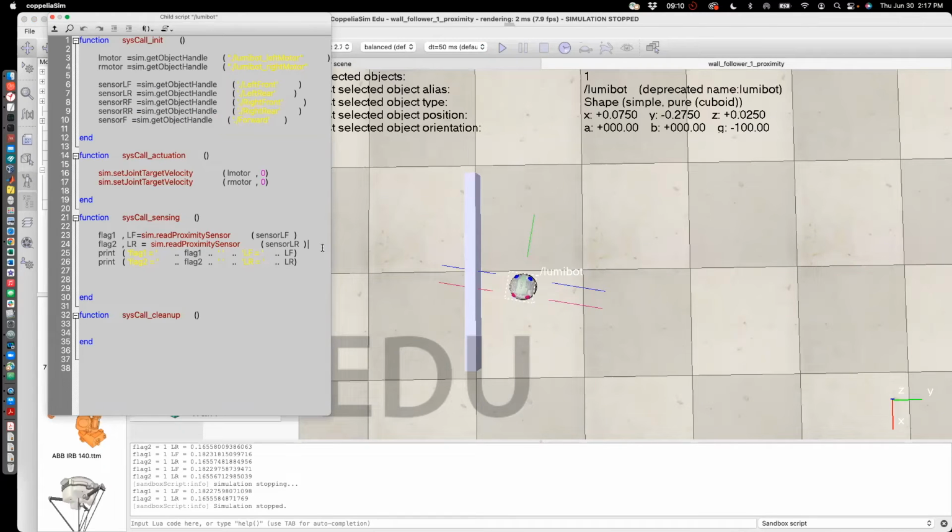Okay, so we have that. Let's just continue programming the forward sensor too. Okay. Next, what we want to do is,